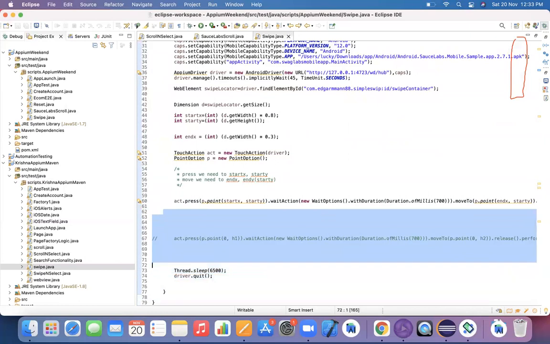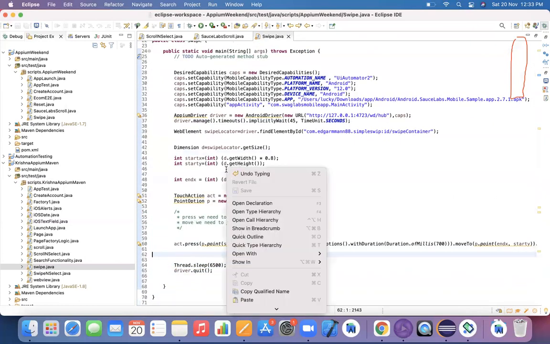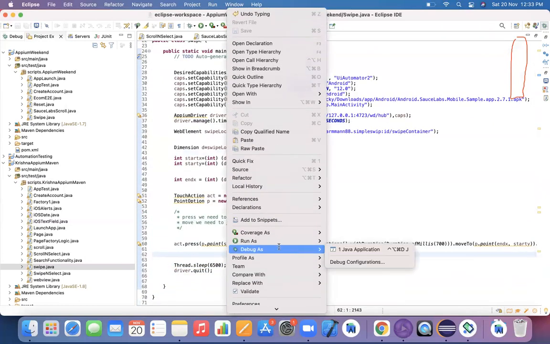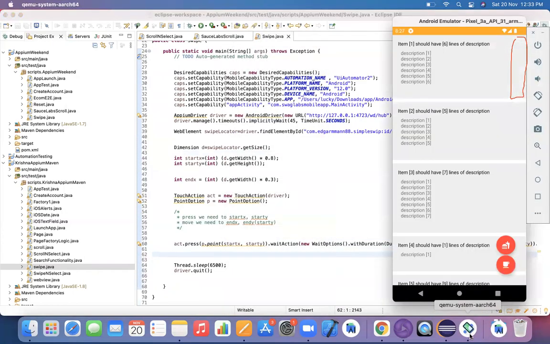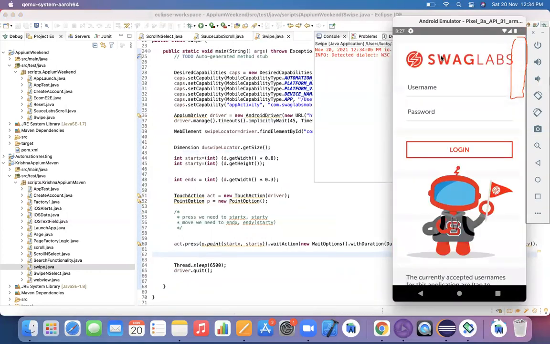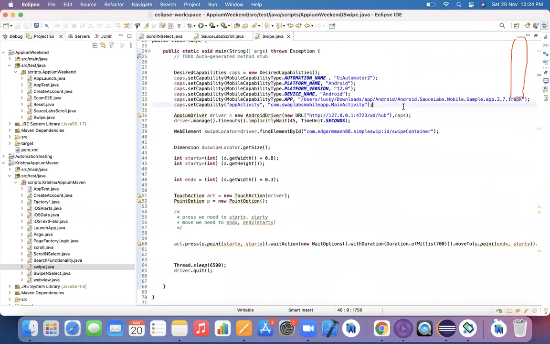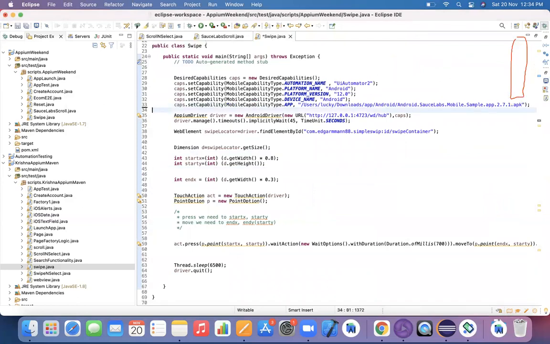So run as a Java application. I'm just executing it. Let us see how this is going to work. On this app, it should perform the swipe operation on this object, the first item. Okay, so we need to change this Sauce Labs app, so the script will fail, that's fine.